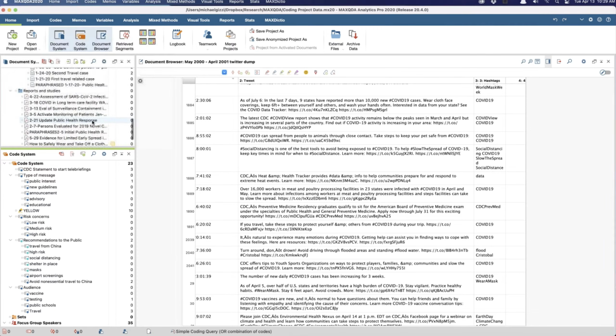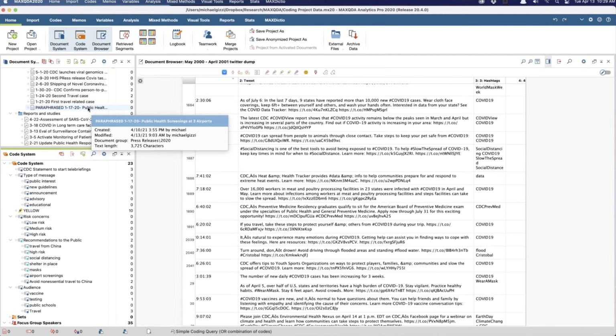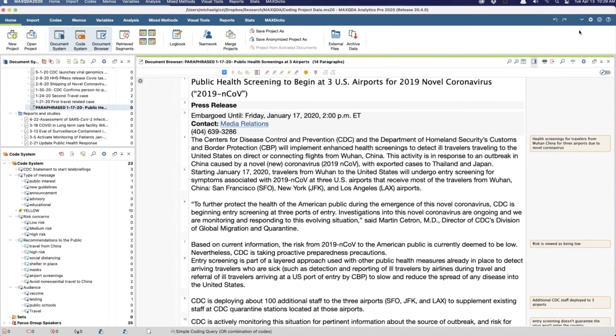So one of the things that we've talked about in our webinars is the fact that when you are beginning a project and you're exploring your documents, before you have a coding system, it's sometimes useful to use the paraphrase tool to summarize the document, to put the main points of the document into your own words.